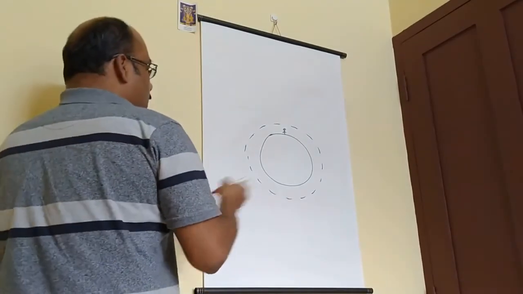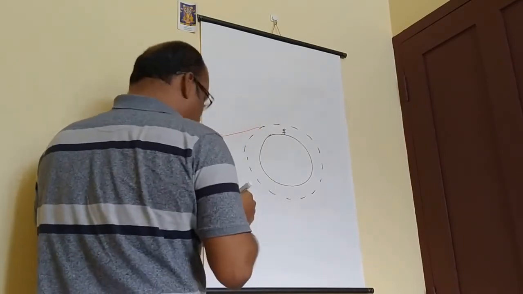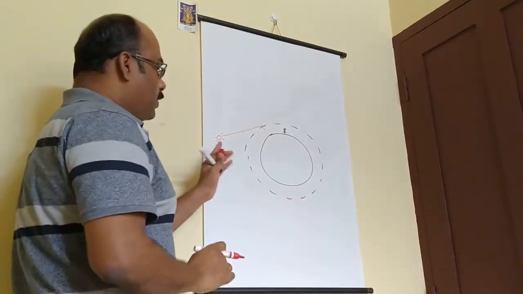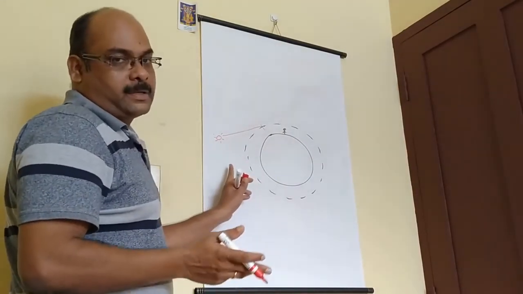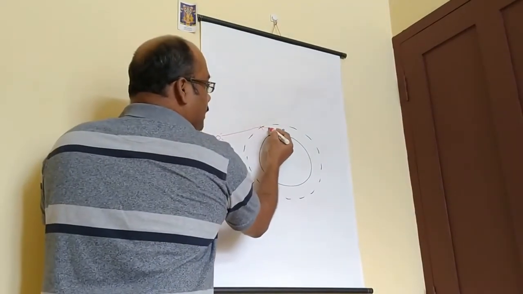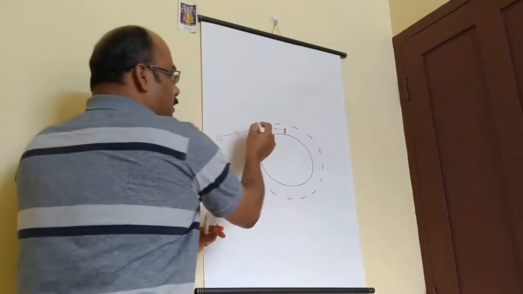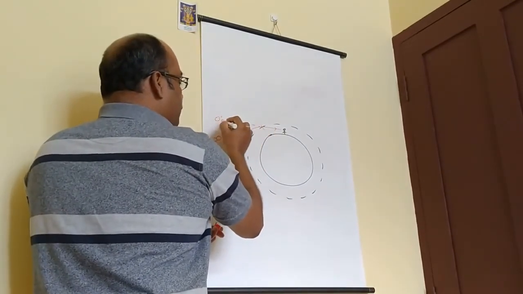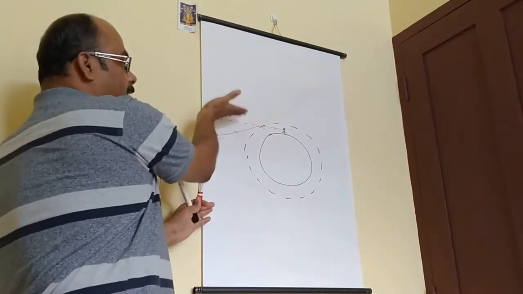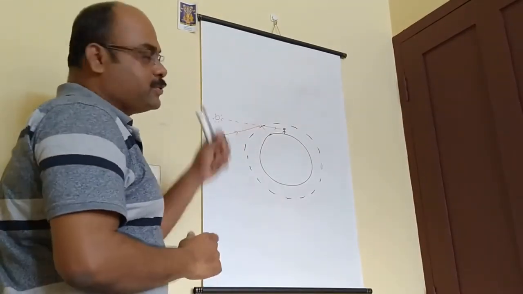Okay, but when the sun is present here, the rays will go in this way, and you know this will be the normal. Okay, so this is vacuum, this is air. So when the light passes from a rarer to denser medium, it will bend towards the normal, means it will bend like this and you will see the sun. Okay, but at that time it has not actually risen. Okay, but you will see the sun as here. This is the original position and this is the apparent position. So you will feel that the sun has come above the horizon, that is, the sun has risen. Okay, it is due to refraction.